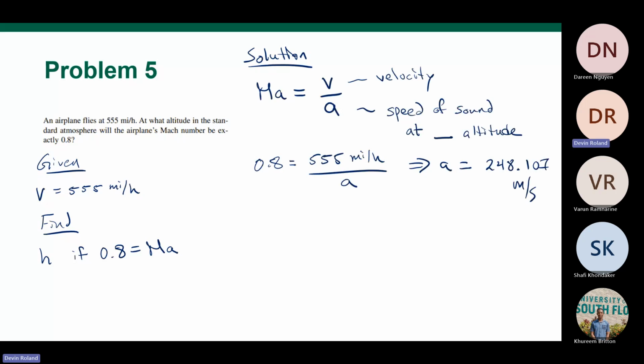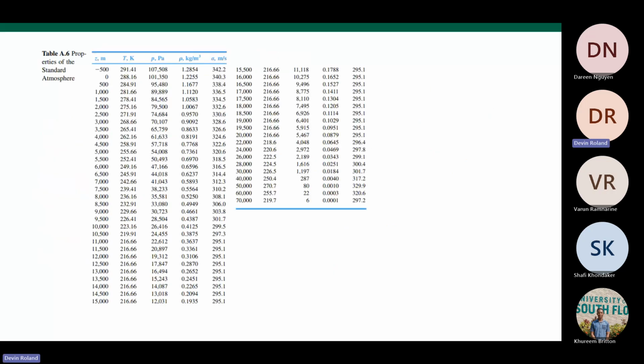All right, so that's your V, and then if you plug your V in here, instead of having that miles per hour value, you'll get A is equal to 310.133 meters per second. And then if you use table A6, which is again on Canvas, and I put it there, if you look for 310.133, that is right